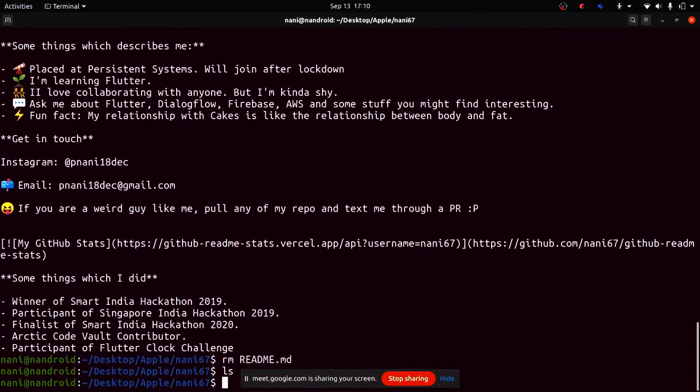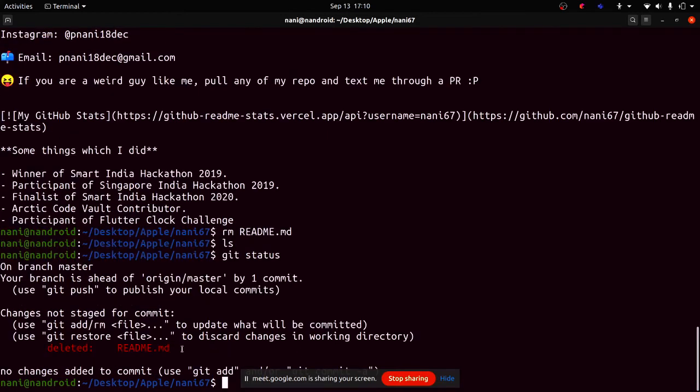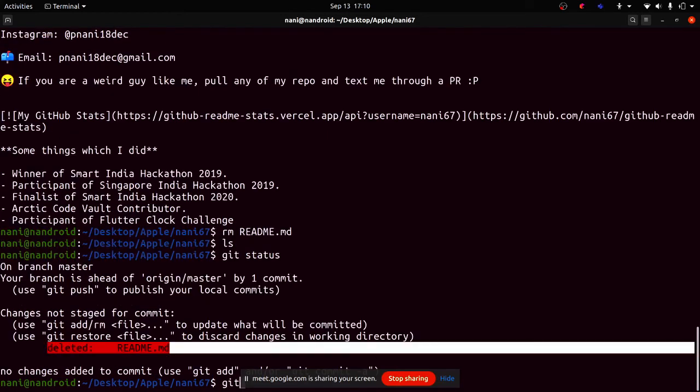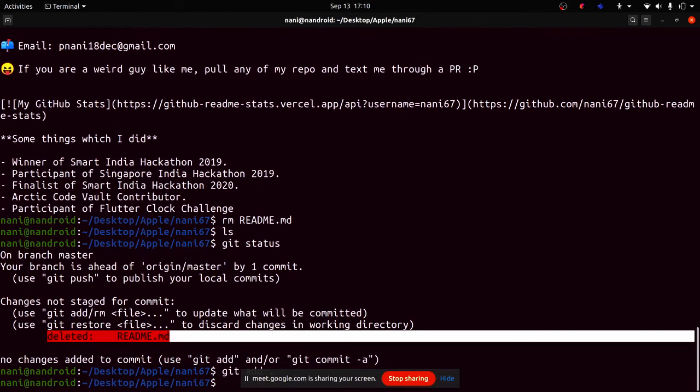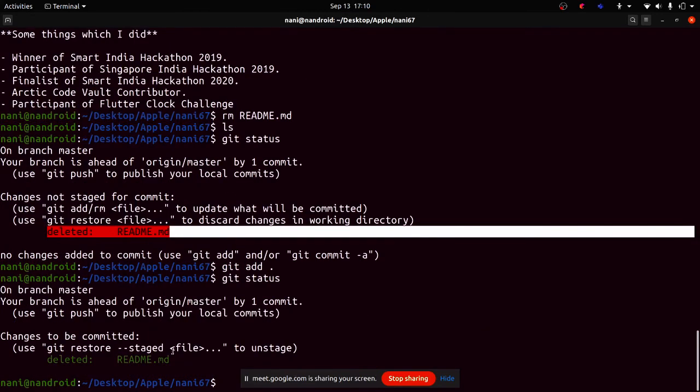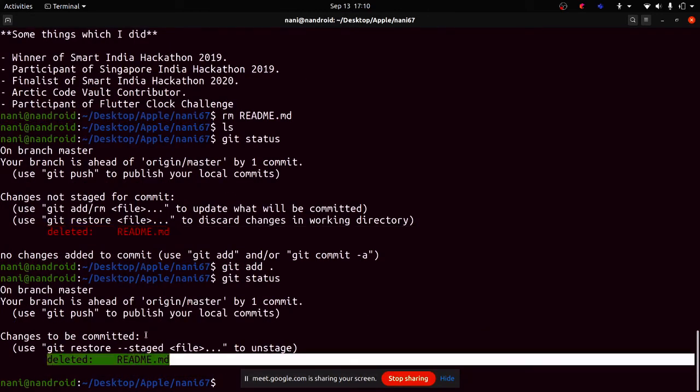Yep, the repository is completely empty. Now, since I have removed this file, I will use git add dot. So now it shows, okay, deleted file, which is being shown correctly.